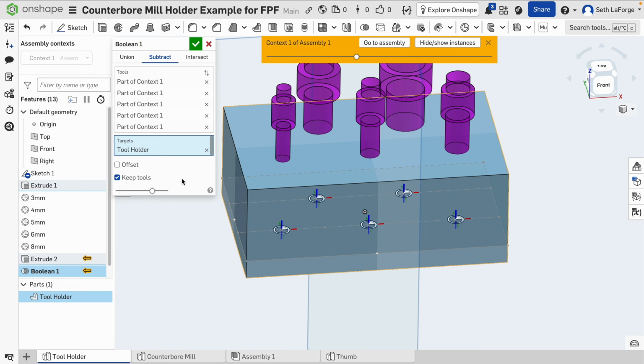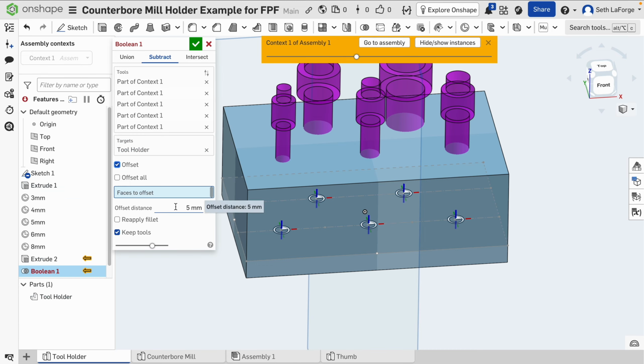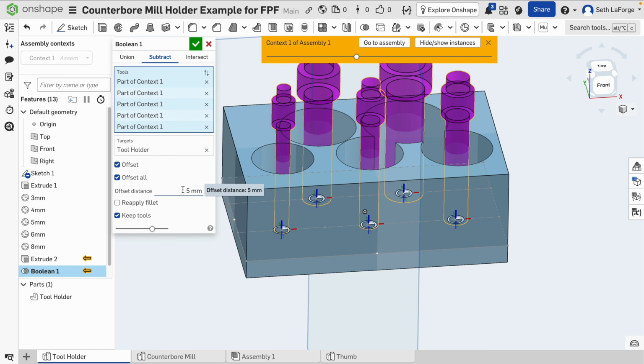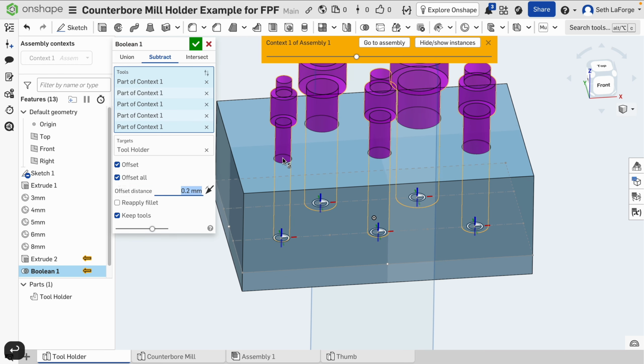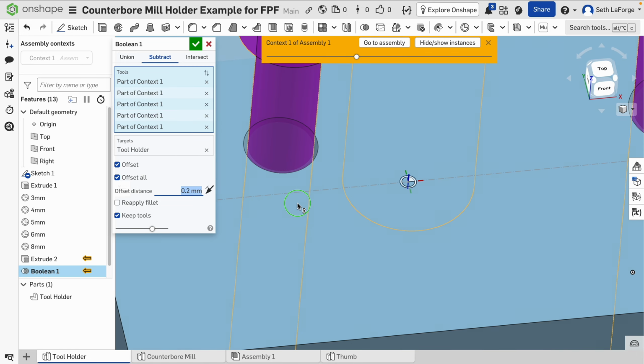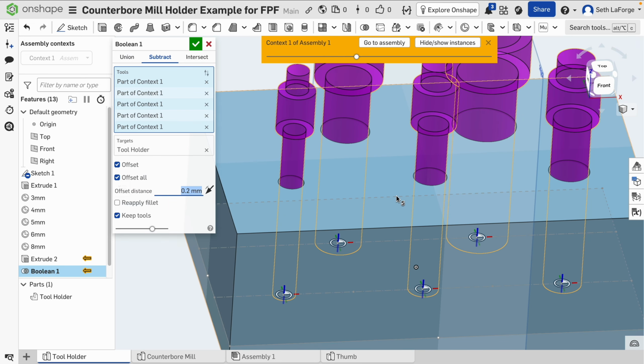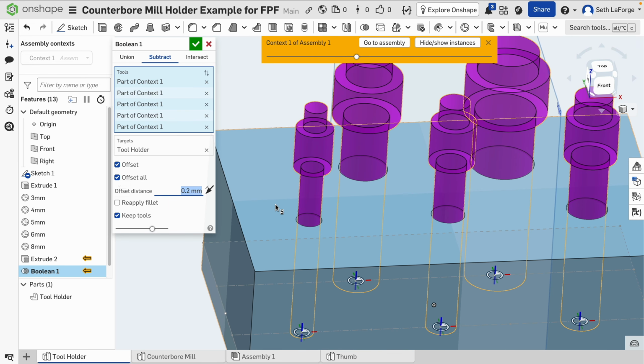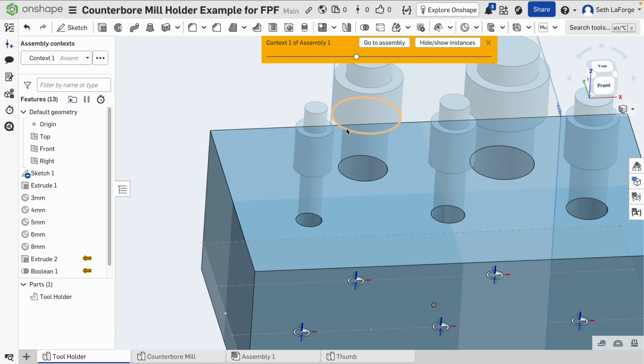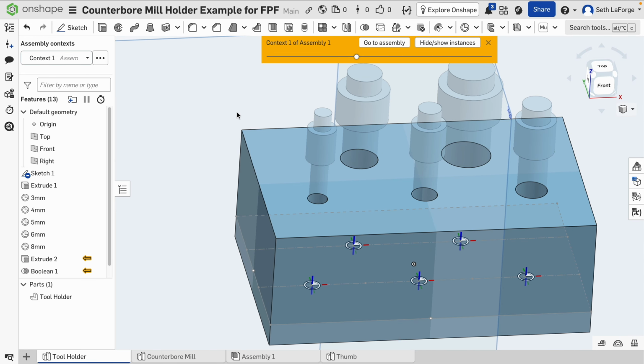Target here, and actually just to make some clearance here, we can say offset all faces by 0.2mm. So that made the holes just very slightly bigger than the bits. So you can see I got all of my hole sizes completely for free. And to finish off,